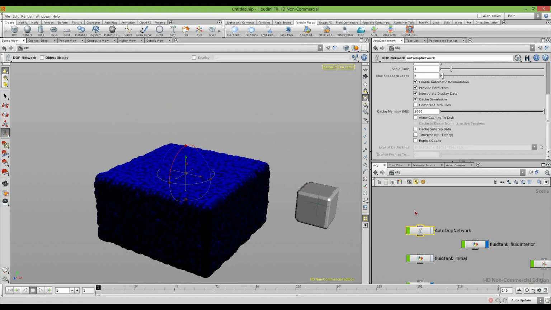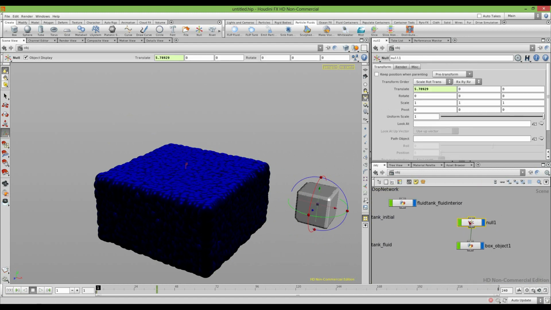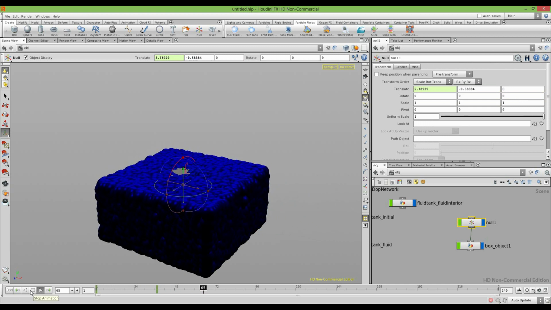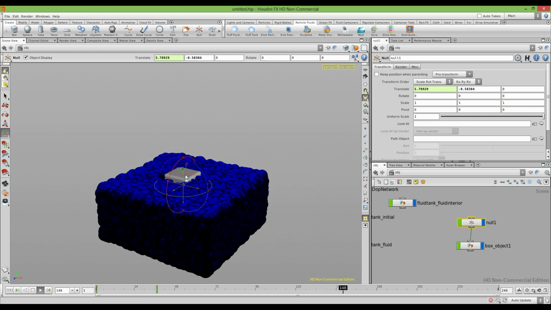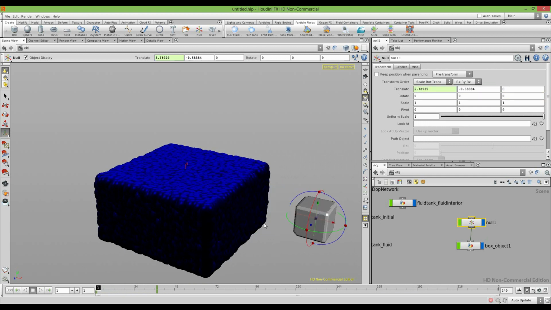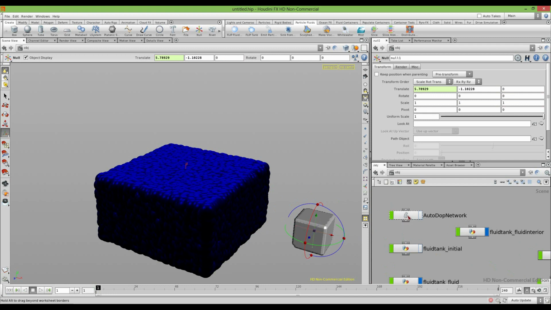Okay, to make it more visible, I will put the box a bit lower, like this. And you see that liquid is just disappearing. It's like draining, the box is draining the liquid. There is a way to drain more liquid per second. And to do this, you need to go to the Autodop network,